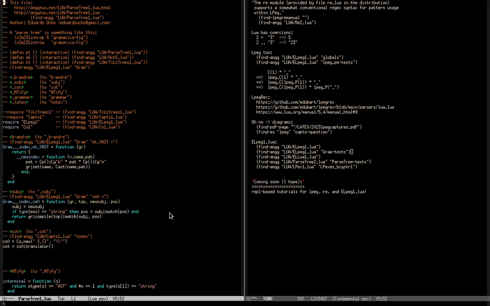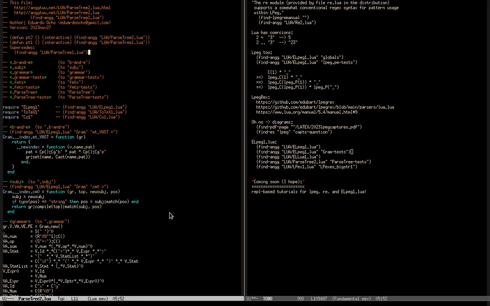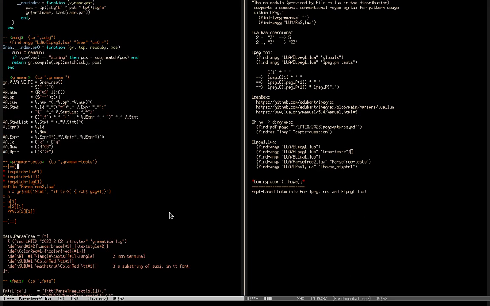If I remember correctly, I took a figure from Wikipedia. I don't have its link now, but I specified a grammar that parses exactly the example that appears in Wikipedia.